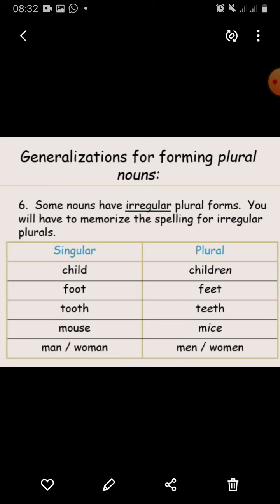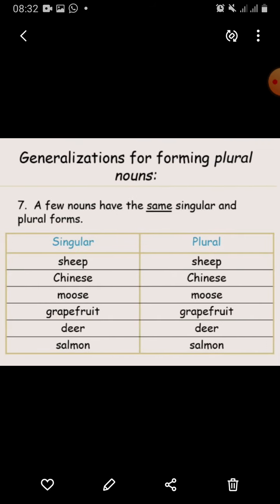Tooth, teeth. Mouse, mice. Man, men. Woman, women.